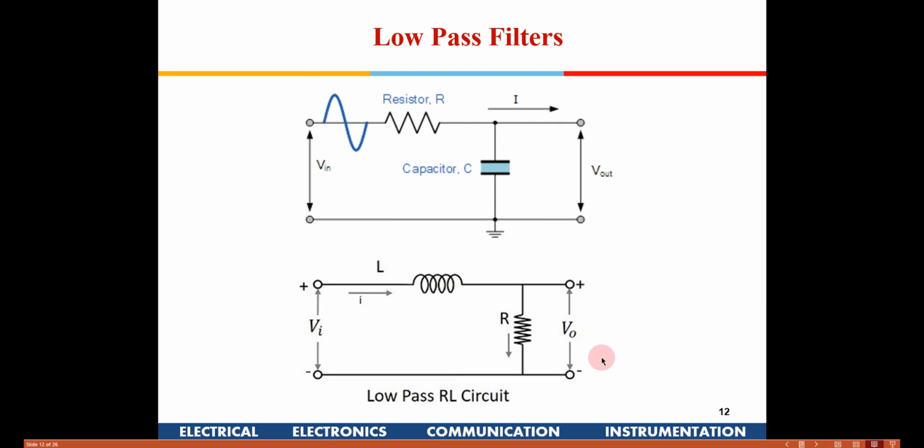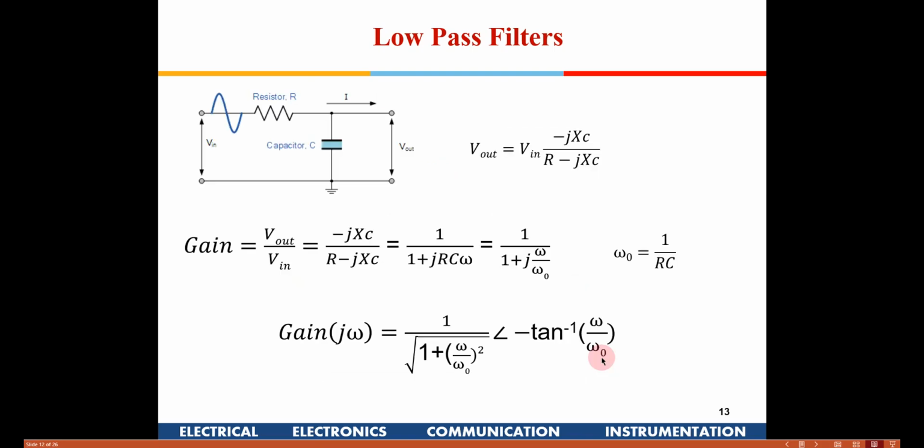Earlier we saw high pass filters. When we say low pass filter, it is going to pass the low frequencies through this circuit. Again, we do a similar kind of analysis, where V out by V in is equal to, here we are taking the output across the capacitor, so minus j by omega C. We write that and divide by R. Now we again land up with a similar equation out here, and omega 0 is equal to 1 by RC, like in the previous case.